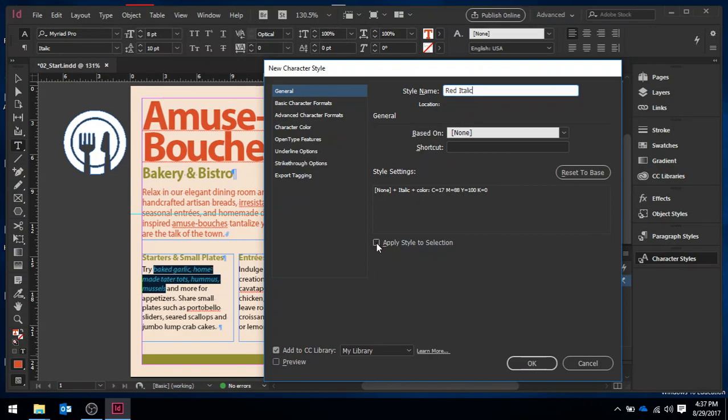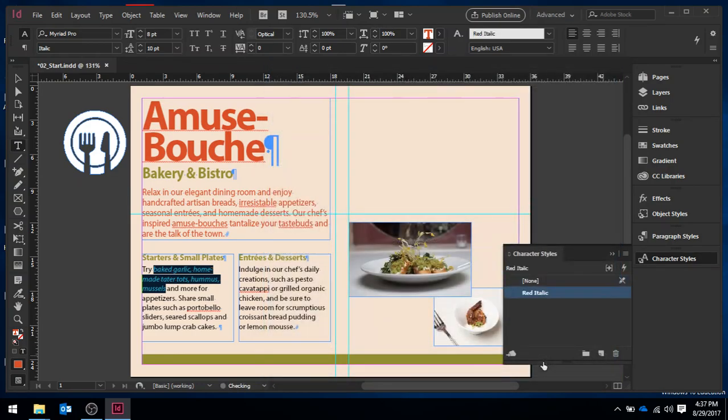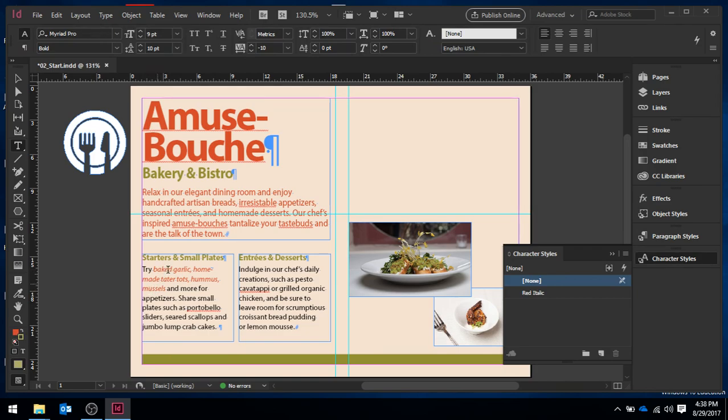And you want to select Apply Style to Selection, and you do not need to add to the CC library. That's not necessary. We don't need to change any of the based-ons or the shortcuts or any of the other formats. From there, click OK, and now we have red italics in our style. If you deselect, you'll notice it doesn't change anything,